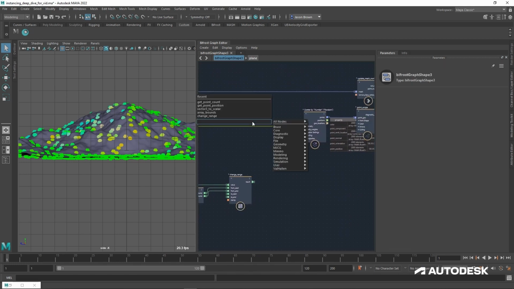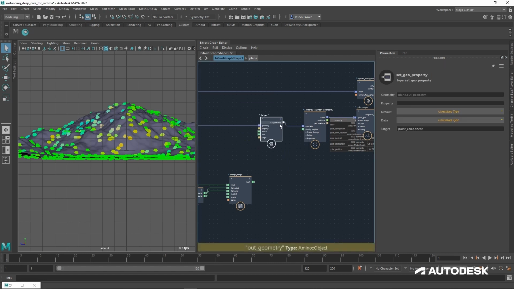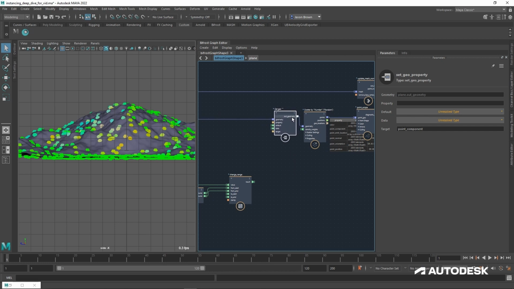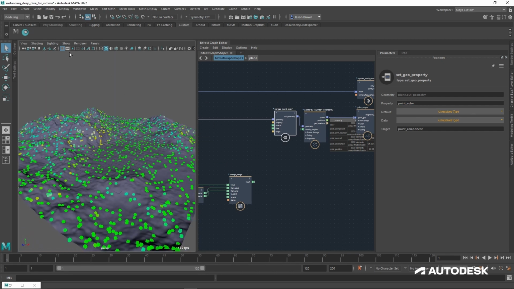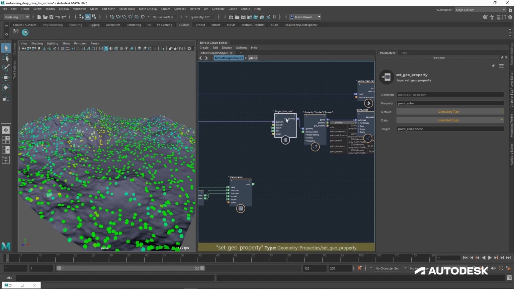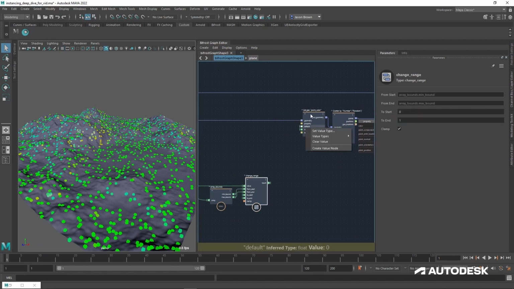The reason I'm doing that is we're going to do pretty much what we did before. I'm going to set a geo property here. The property I'm going to set this time is point color, because this is going to be quite good to demonstrate what we're doing and to show us visually as we go along. Just turn that grid back off. So I'm going to set the geo point color. The thing is that color is made up of R, G and B values, and sometimes alpha, but I'm just going to use the RGB for now. So we'll go to MathFloat3.